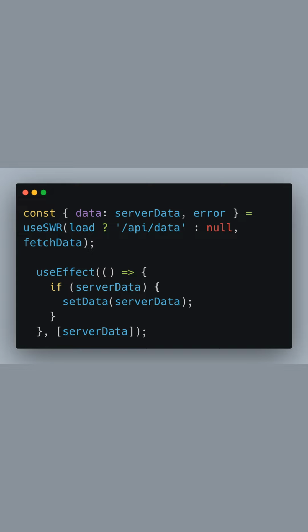Next, we use the useSWR hook to manage data fetching. The first argument to useSWR is a key to identify the request, which will be the URL, or rather the API, only if load is true, otherwise null. By conditionally passing the URL, we ensure that the data is fetched only when we need it, achieving our lazy loading pattern. The useSWR hook returns an object with the data we fetched, aliased to serverData, and any error